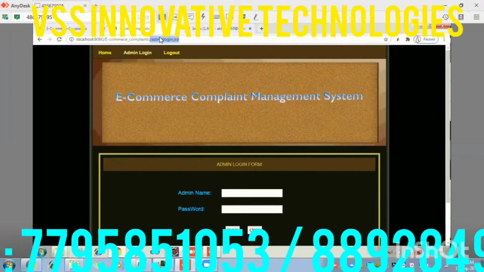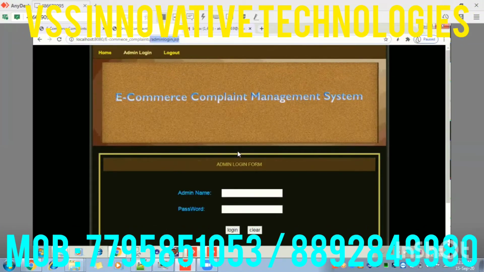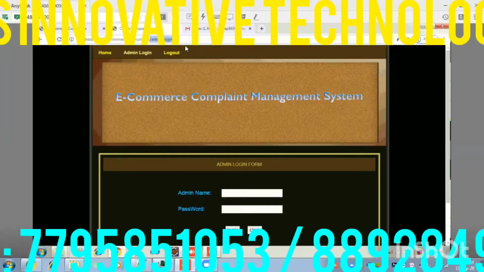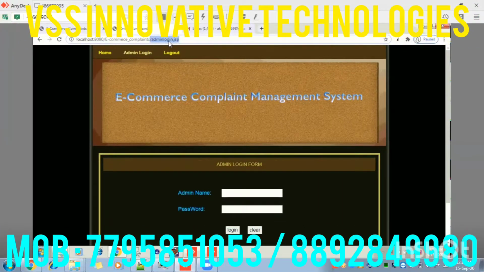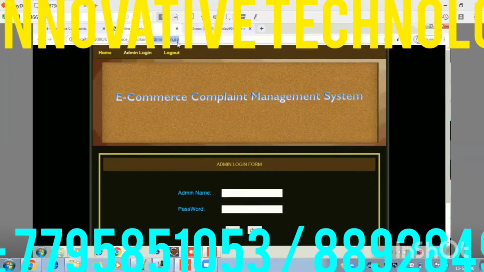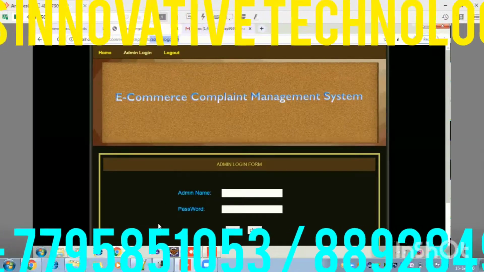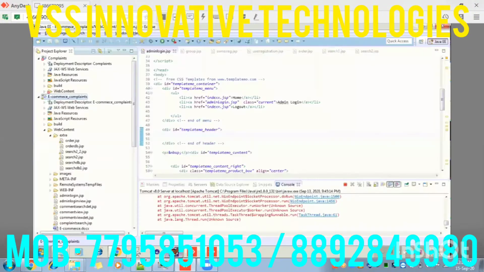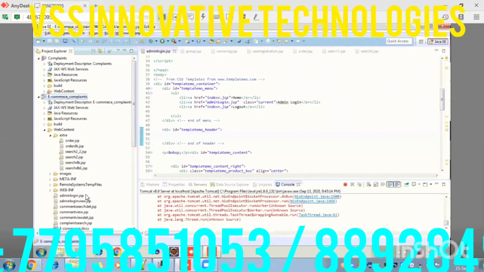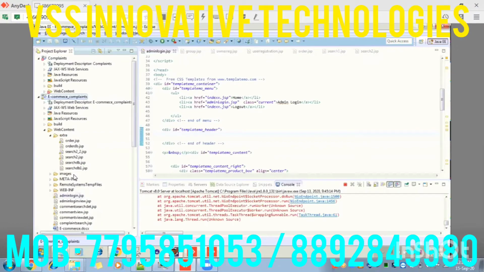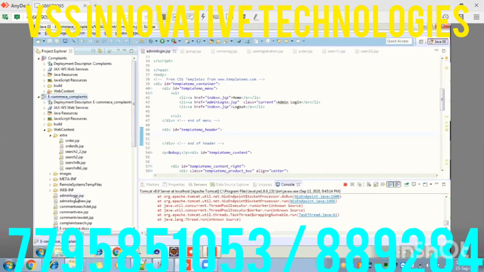Now from where is this page coming? Obviously from your web page. What is your web page name? Admin login.jsp. If you open that admin login.jsp in Eclipse, inside the web content you can see the page admin login.jsp.